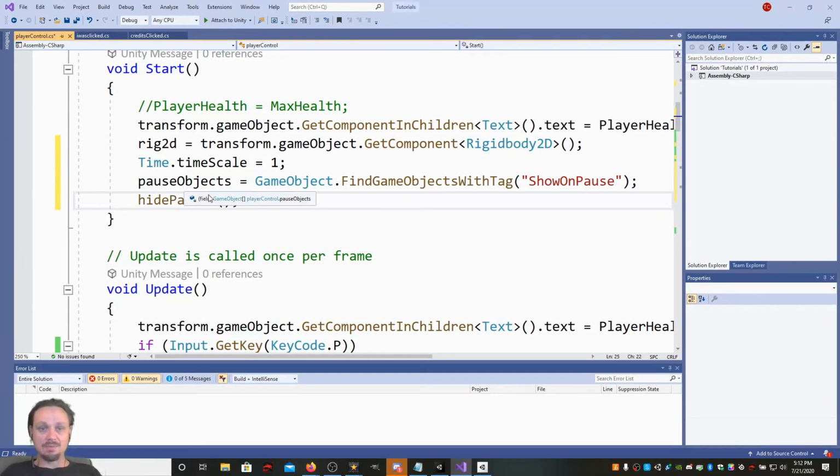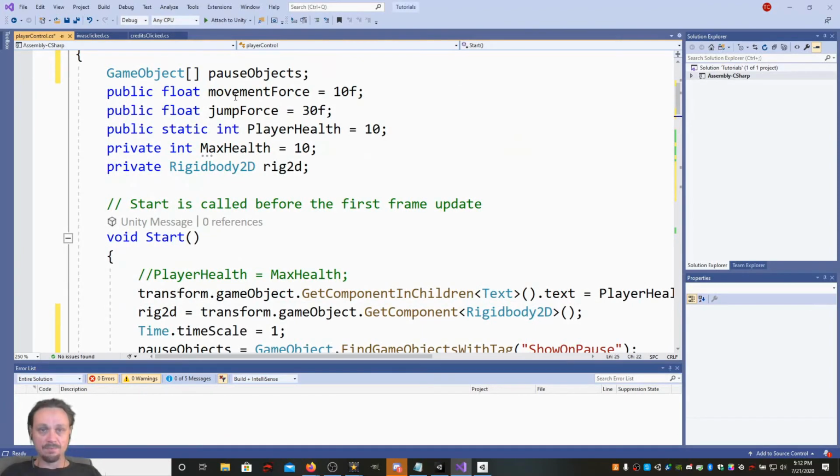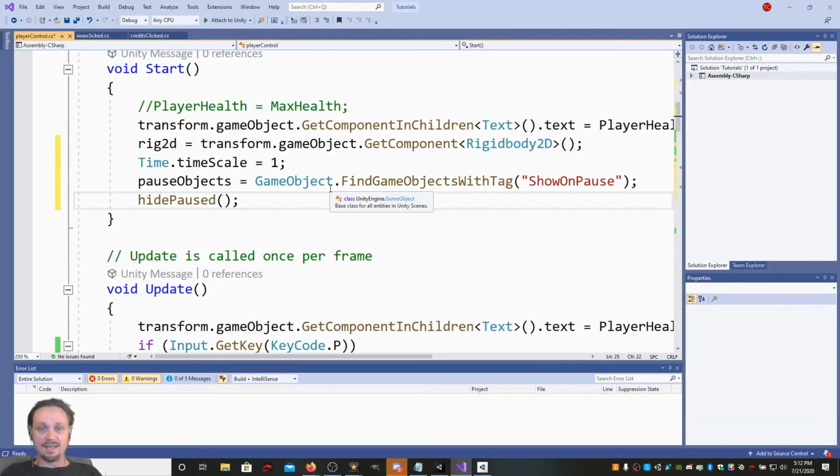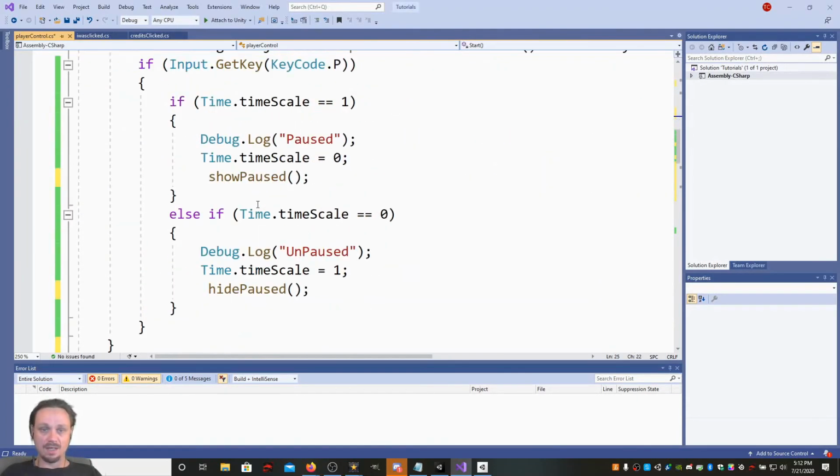Then pause objects, the array we made up here, game object array pause objects. We're saying that that is every game object in the scene with the tag show on pause. That's pretty important. Okay, so basically the pause objects array will find every game object in the entire scene with the tag show on pause and add it to the array. And then we're going to hide all of those objects right here